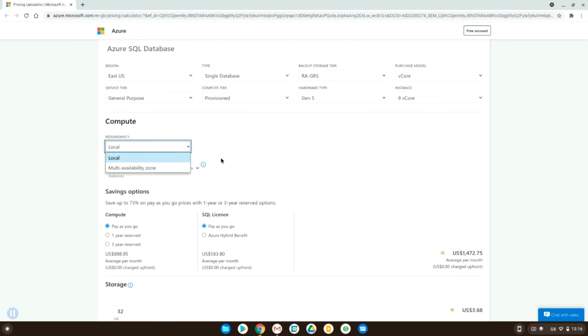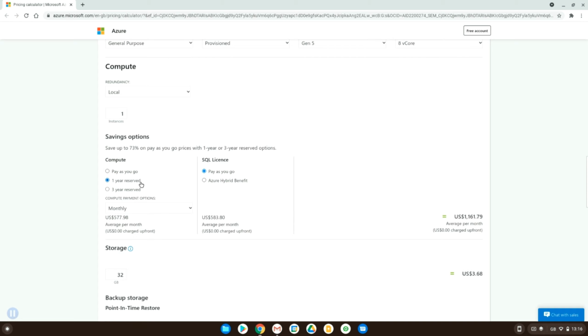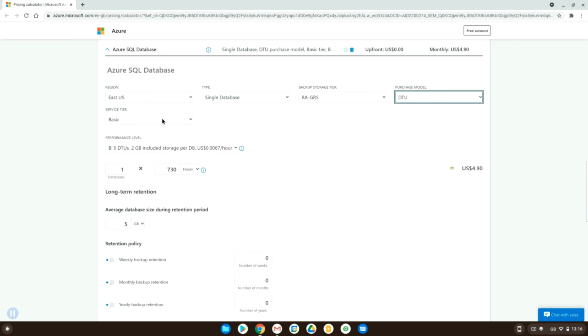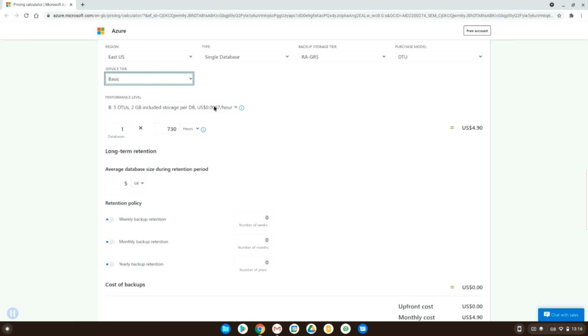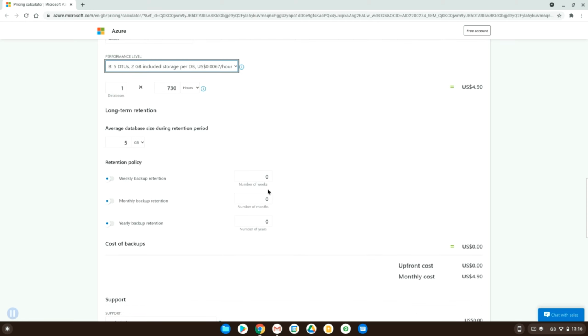And again, you can choose some redundancy layers, how often you'll be using it, and how you want to pay for it. Do you want to reserve it for a year? You can see here, average per month, 1,000. That's quite expensive, but that's because we've got 8 cores. If we do DTU, and then you can select a tier. If we choose the basic tier, the cheapest you can get an SQL Server database is $5 a month,